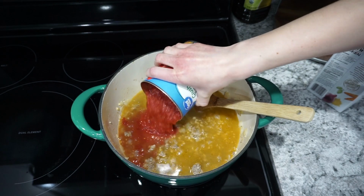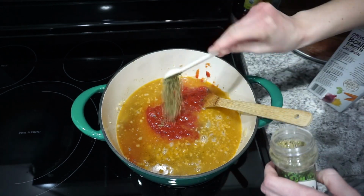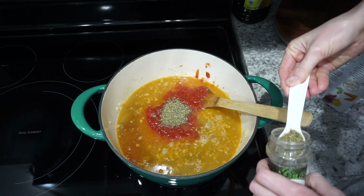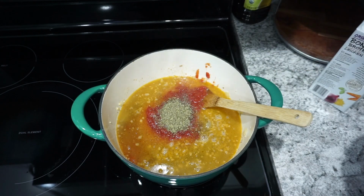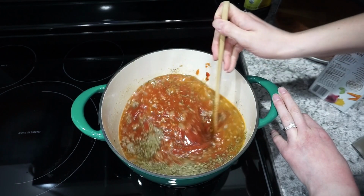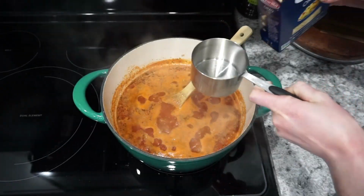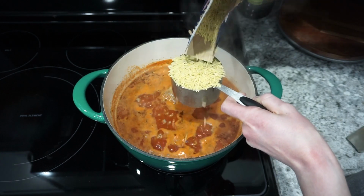Next, I'm adding in a 28-ounce can of crushed tomatoes. You're just going to dump this right in there, and then we're going to be adding in our seasonings. So you're going to want 2 teaspoons of Italian seasoning, a little bit of salt and pepper. I do add mostly just pepper at this point, and then I'll add a little bit of salt later on if it needs it. Once that has come up to a boil, you're going to be adding in your Orzo